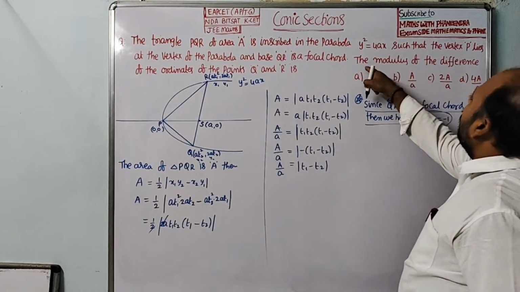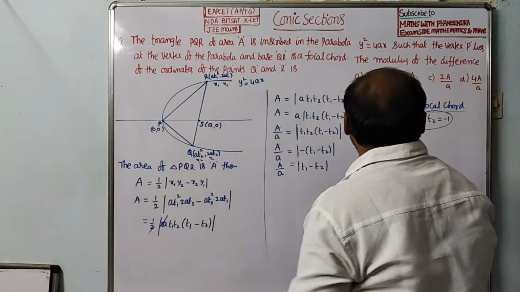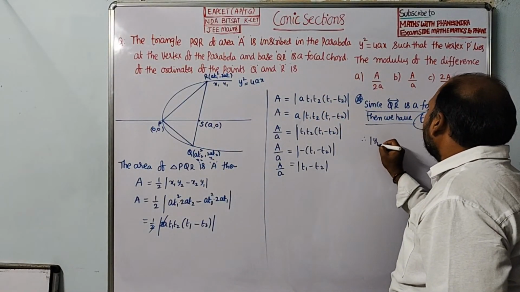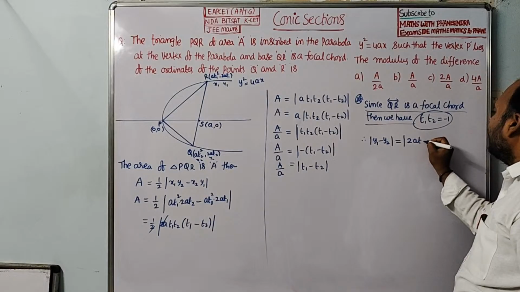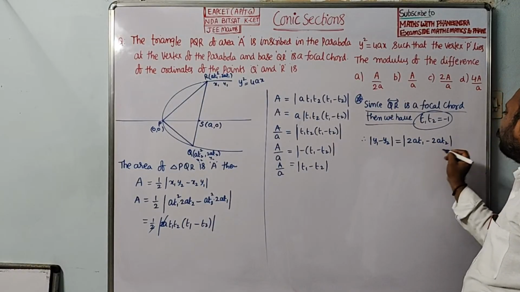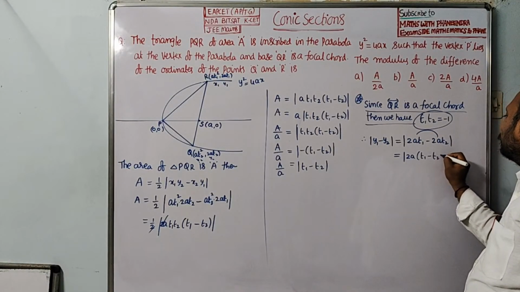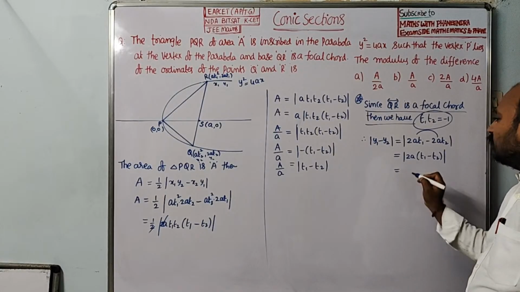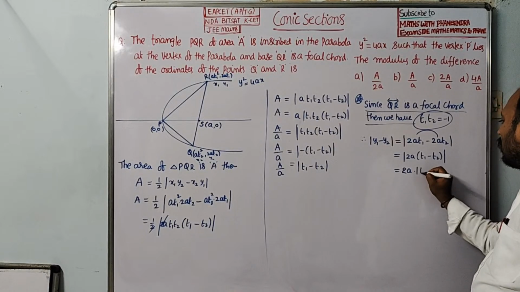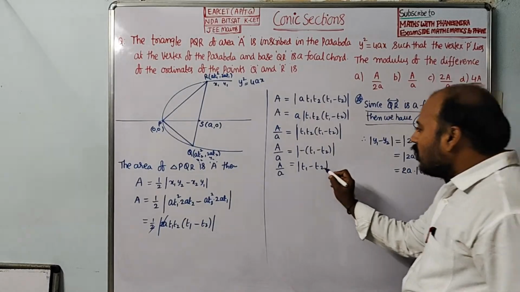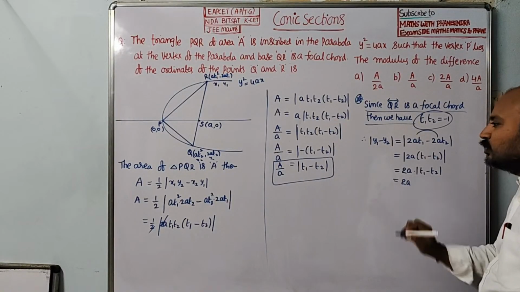Later, one condition is given: the modulus of the difference of the ordinates. What are the ordinates? This one you know. Modulus of y1 minus y2 is equal to, what is y1? Modulus of 2a t1 minus 2a t2. Mod 2a take common, t1 minus t2. So which is equal to 2a into mod t1 minus t2. What is mod t1 minus t2 value here? So 2a into